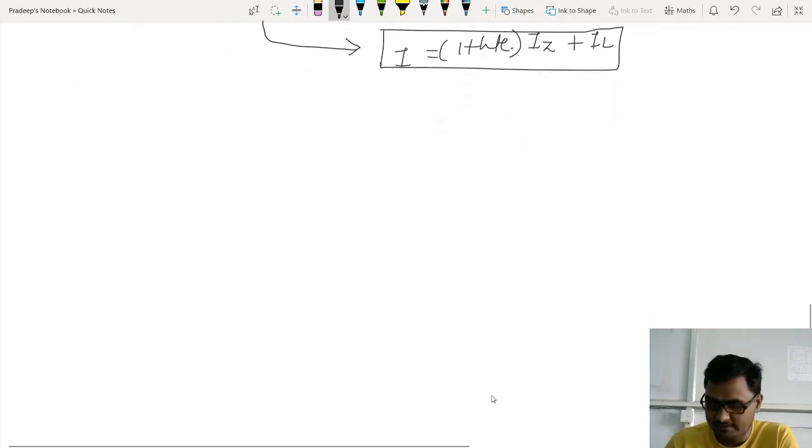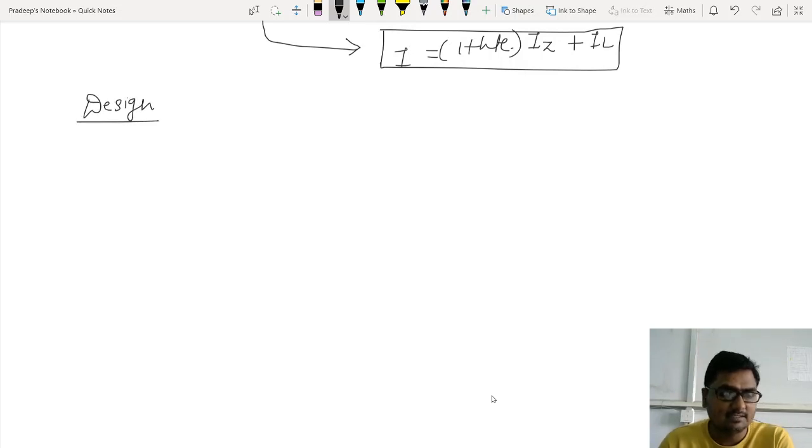Is it? Now, if I want to design this transistor shunt regulator, let me talk about design now. See, to design this transistor shunt regulator, we have many options. To design the transistor shunt regulator means first I need to calculate the value of RS. Secondly, I need to calculate the value of RL. Then we have to select the Zener diode. Then we have to select the transistor.